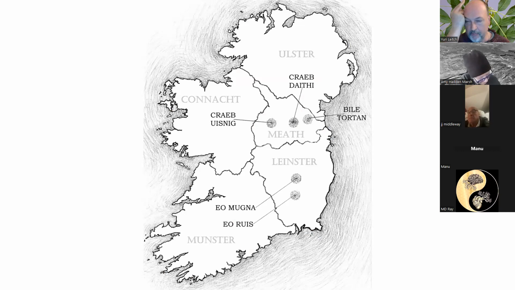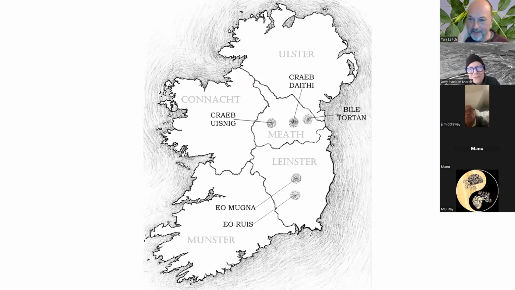Going back to ancient Ireland, there were 5 sacred guardian trees of Ireland. I don't think it was written down until the 11th century or something, but it dates to a time pre-Christian, so it dates to sort of the 4th century, 5th century, that there were 5 guardian trees.